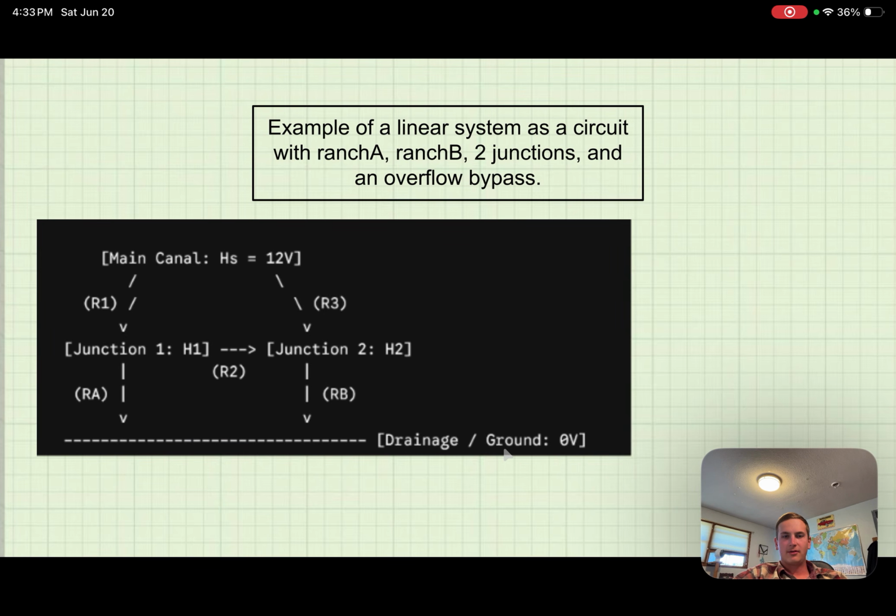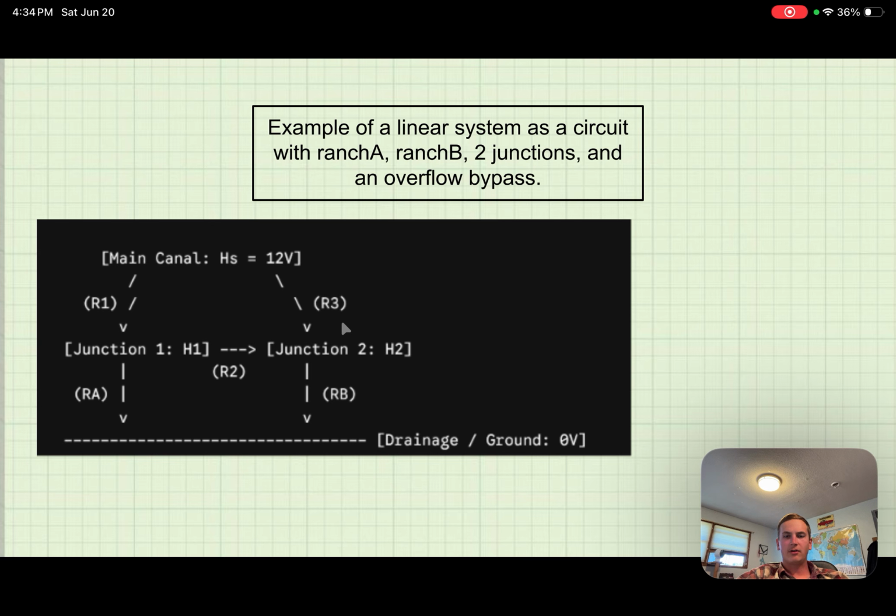An example drawn out here. I actually used AI to draw this out for me because I didn't want to waste time trying to type all those numbers out, but I told it to make a circuit using ditch box analogous to electricity, and it came out pretty much what I was expecting, and it works for our purposes here. It's an example of a linear system, much like the ones used in electricity that we previously looked at in the project. In a circuit form with ranch A, that's RA right here, ranch B right there. Two junction boxes, those are our ditch boxes that we just saw in the previous picture, and an overflow bypass